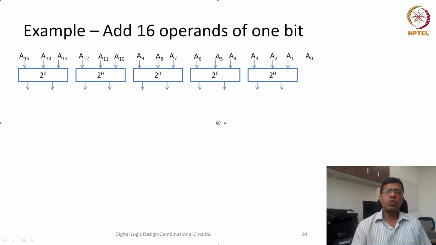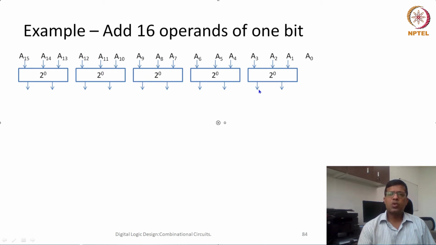Okay, so one particular bit is left behind, so let's keep it like this. Let's try to adjust it in whenever we get some place or in another set of full adders. So now in these 5 full adders, we are adding all of the units place values, or basically all the 16 operands. Now what we have to see is that the output here is of units place, this is of 2's place. Similarly, this is of units place, this is 2's power 1 place, 2's power 0 place, and this is of 2's power 1 place, so on and so forth.